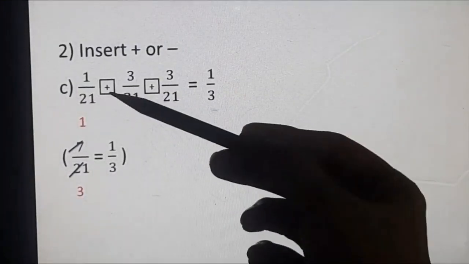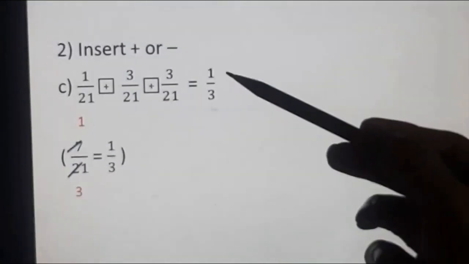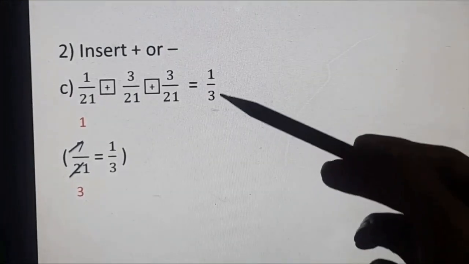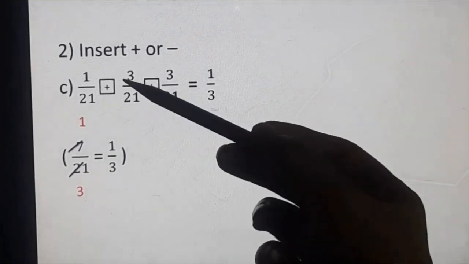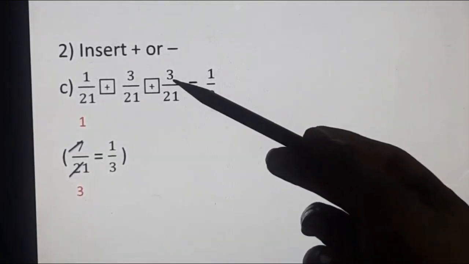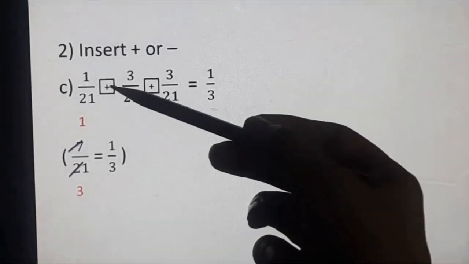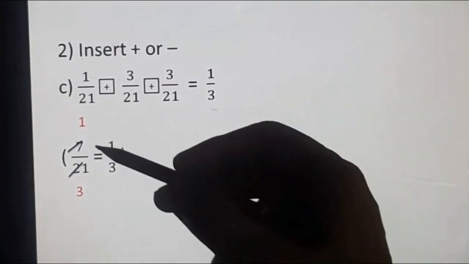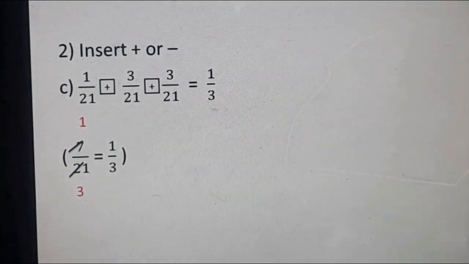In this part, if we are putting minus sign here, then we will get 1 plus 3, 4. 4 minus 3, 1. But denominator will be 21, 21, 21. So 1 upon 21 is not our right hand side. And if you are putting minus sign here, then again 1 plus 3, 4, 4 minus 3, 1. 1 upon 21. We want 1 upon 3. That's why we have inserted plus sign in both the boxes. Only with the plus signs we are getting 7 upon 21, which will be changed into 1 upon 3. So is it clear? No confusion, na? Okay, right.